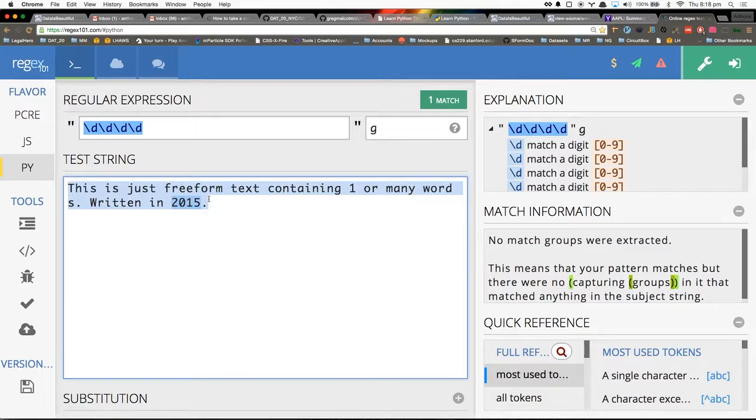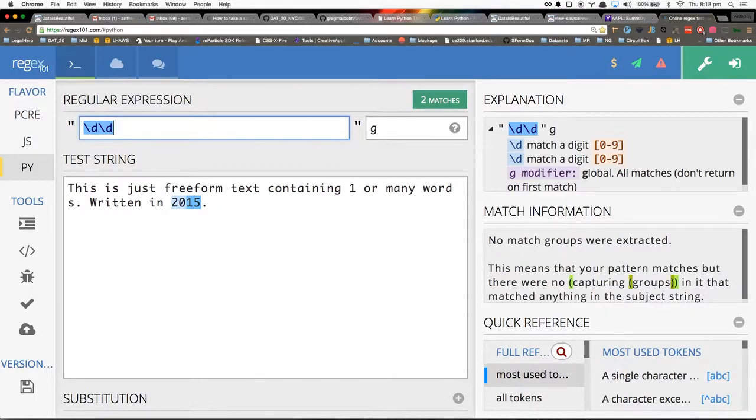So when you did 2, it just cuts it in half, basically? Yeah. Depending on the number of Ds, you would just separate them by half. And I think it would actually find 3 here. It would find 20, 01, and 15. I'm not sure if they're mutually exclusive. Some of this behavior depends on implementation. Sometimes it would find 20 and 15. Others might find 20, 01, and 15. But this looks like it's doing it not overlapping. So in other words, yeah, digits were those groups of 2.